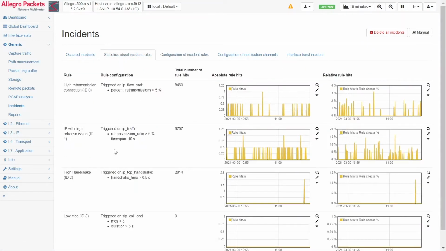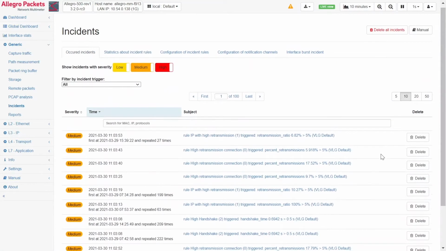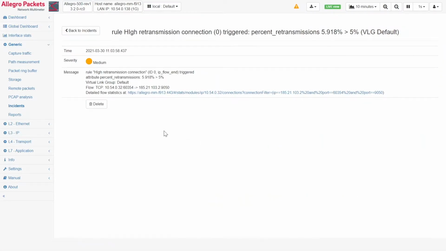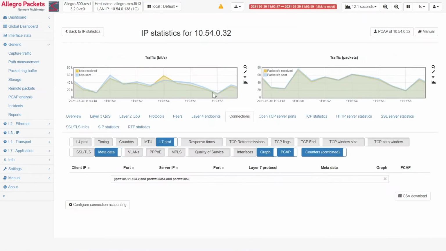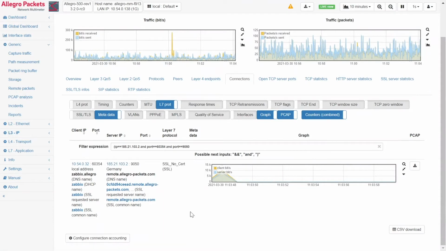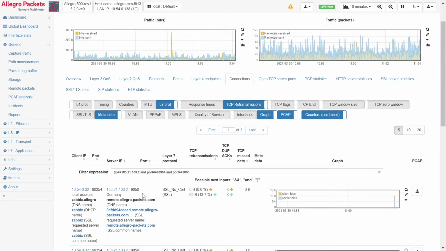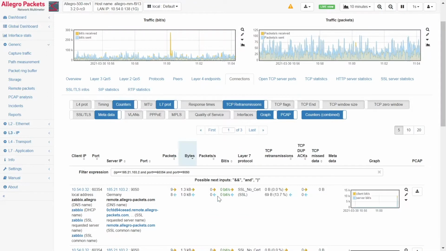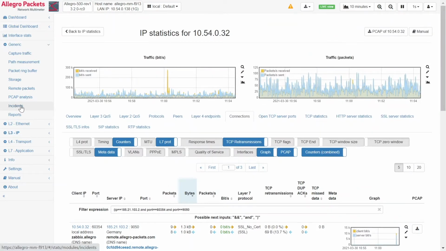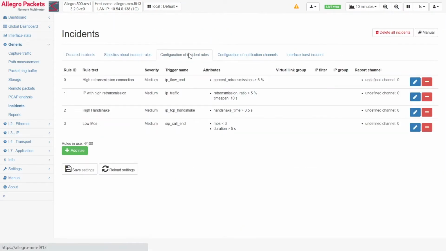And now we can check, for example, for these rules the statistics and see this rule has hit quite a lot. And now, of course, we can look and see, oh yes, for example, here rule number 0 hit. And let me go to this, for example, and then you can immediately see the connection. Wait, I have to disable my filter. Now we can see the connection and see, of course, the retransmission which was there. And we can also see the counters, of course. So we had only a few packets. And, well, there was maybe one packet retransmission, just 69 bytes. So maybe you would like to improve this rule.